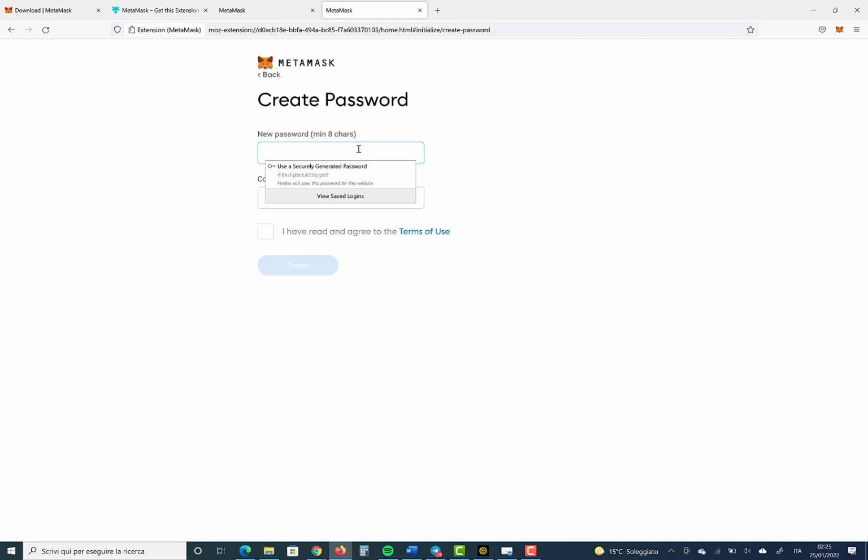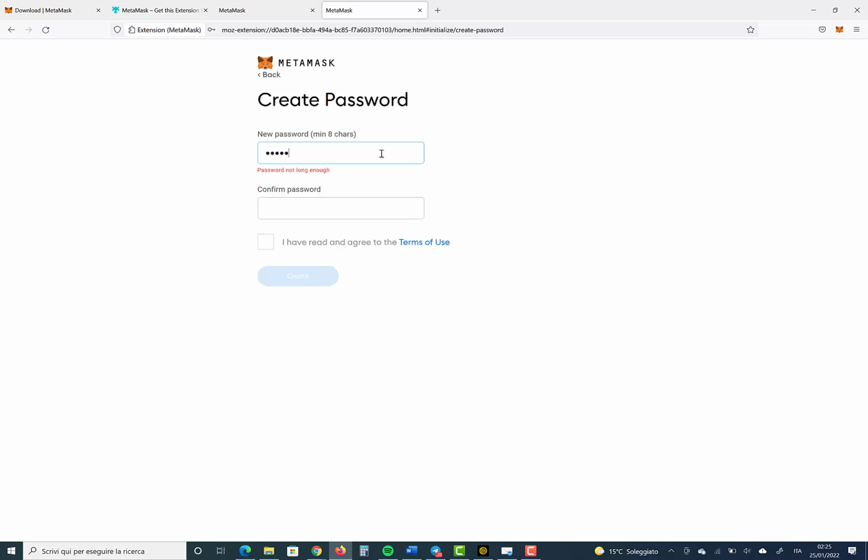This is the password required mainly to open MetaMask, and it might be called also to authorize some operations. But in 99% of the cases, we need the password only to open the wallet whenever we are starting up the computer, opening the browser, and calling for MetaMask. So let's fix quickly the password.